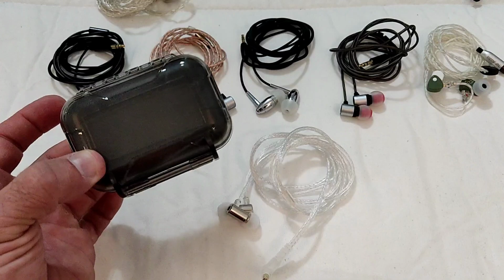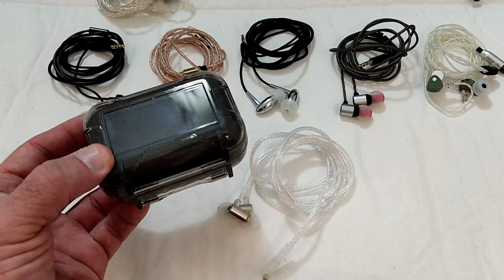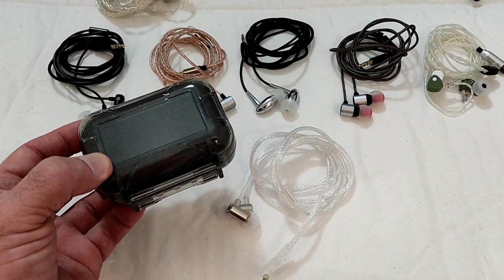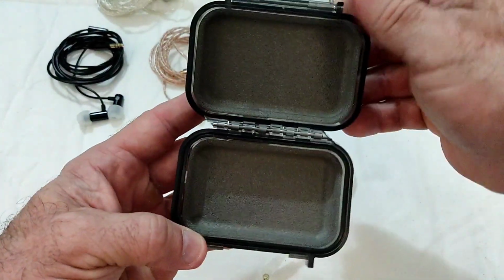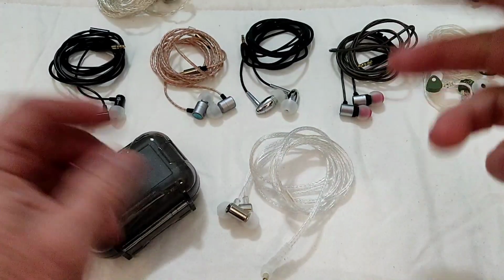I apologize for not actually having the outer box that brings the case inside, but unfortunately when I was opening it I ripped it, so I ended up throwing it away. Anyway, inside of that box it just brings this kind of Pelican case copy. Simple, we already know what this is about, and inside the Pelican case we bring a few tips, the usual KZ stuff,